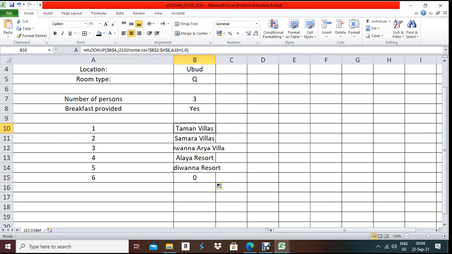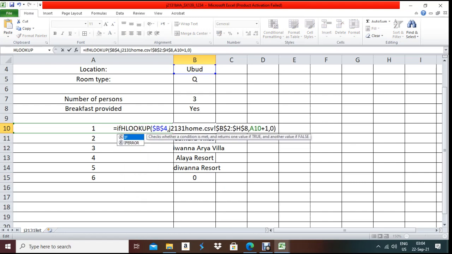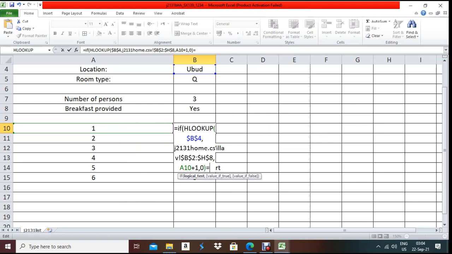So in that case they give some condition, right, after HLOOKUP. So what you will do, on this side you have to use one IF function. So here before HLOOKUP you have to write IF, first bracket, this one equal to 0. That means if any cell represents 0, at that time comma it will be blank, not 0.